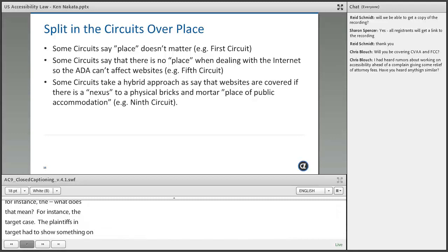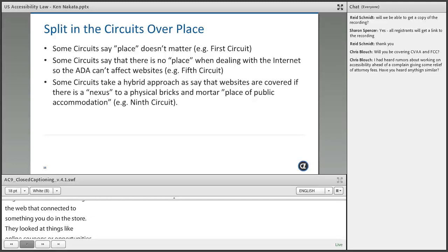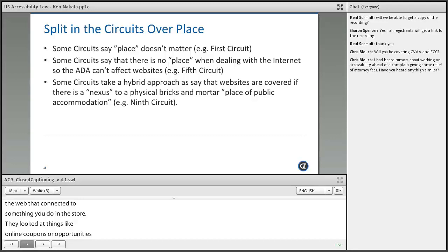So they looked at things like online coupons or opportunities that you could get that combine this physical store and the virtual store. So say, for instance, you could make a purchase in a virtual store and make a return in a physical store. You had to have those kinds of connections between the bricks and mortar world and the digital world to create this so-called nexus, or a bridge between those two worlds, in order for you to be able to sue an online business. So where a plaintiff brings his case in court, this is all bringing it all in federal district court. Which federal district court they choose